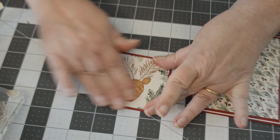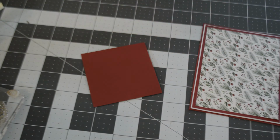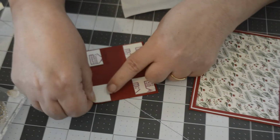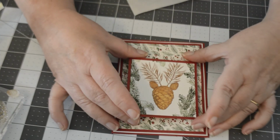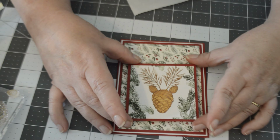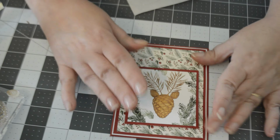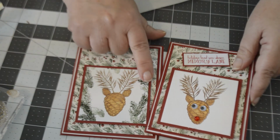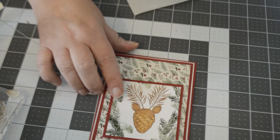And that looks pretty good. And then we're going to take him, and we're actually going to use foam squares. And I'm going to bring him up just a little bit from the bottom. Yep, that looks pretty good. I do like having the green around, so that's pretty much personal preference. You can leave it blank, or you can do some green, or you can even do holly, different things around